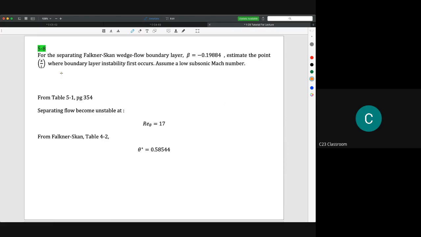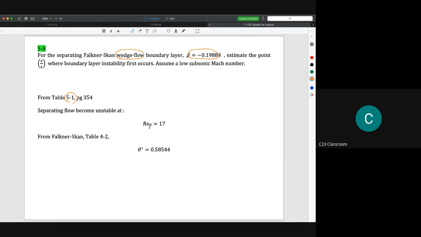For example, in 5.8 for the separating flat plate wedge flow. So now we have a wedge flow boundary layer. The beta is given as negative 0.19884. Estimate the point x over L where boundary layer instability first occurs. Assume a low subsonic Mach number. So again, we are using table 5.1 to get the value of Reynolds